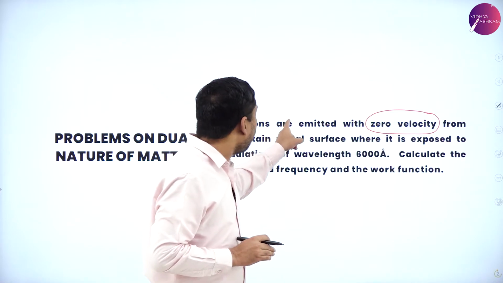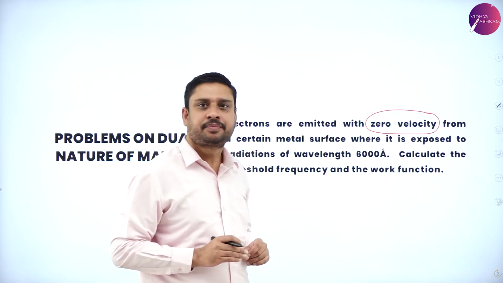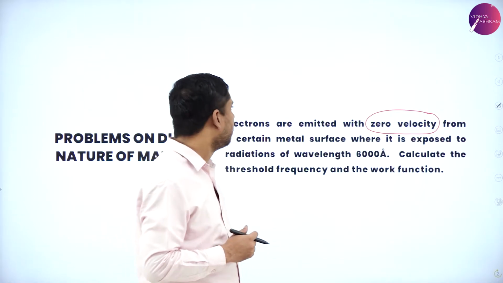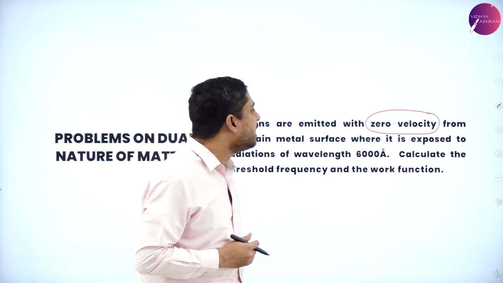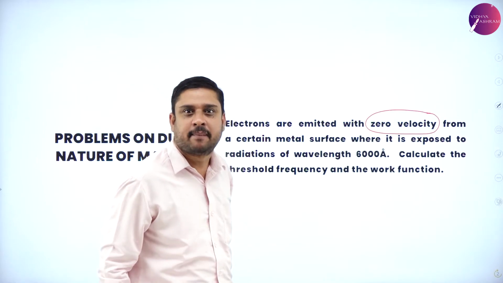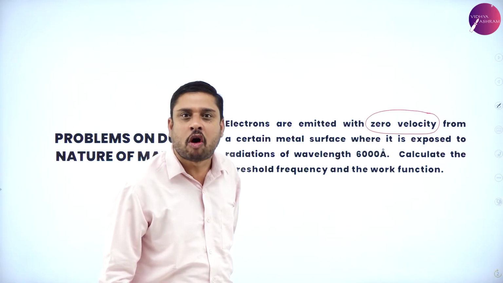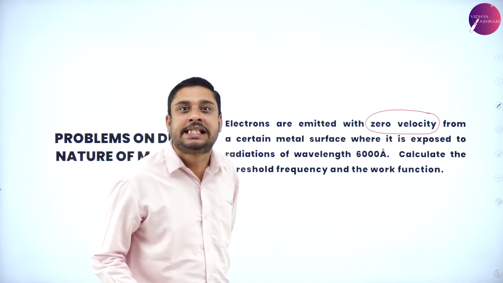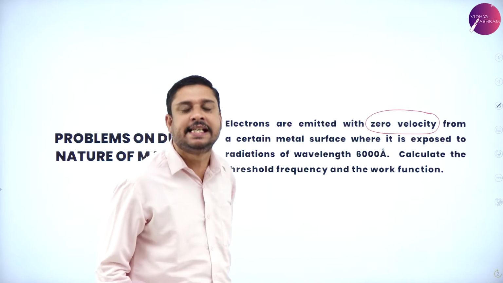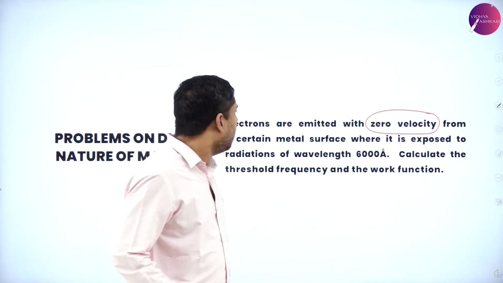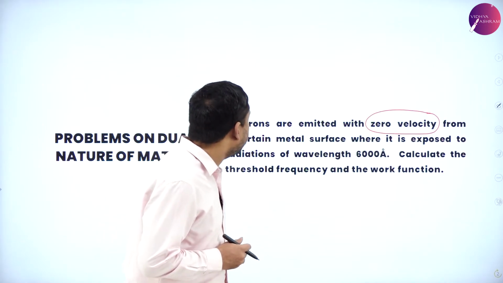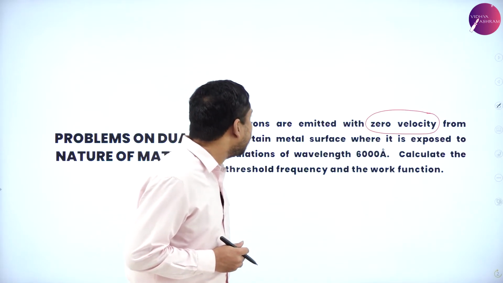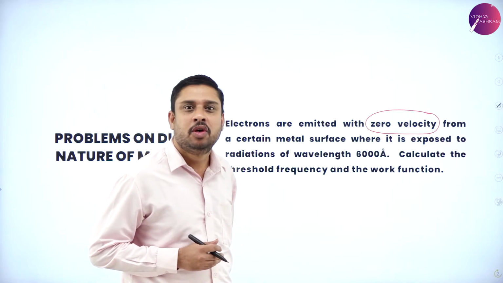Electrons are emitted with zero velocity from a certain metal surface. Electrons are coming out with zero velocity from a certain metal surface where it is exposed to